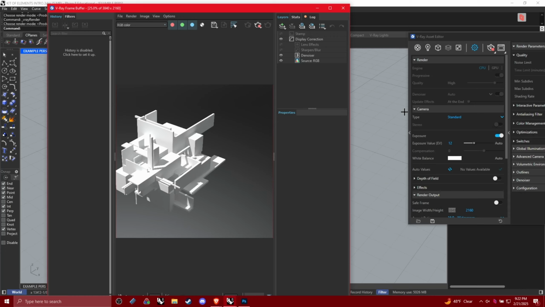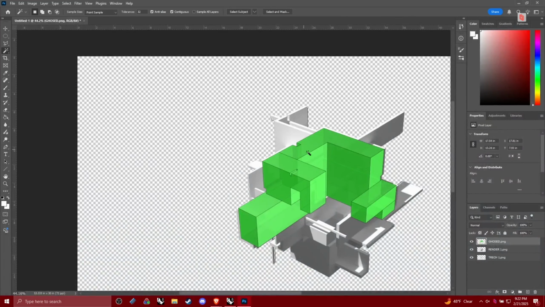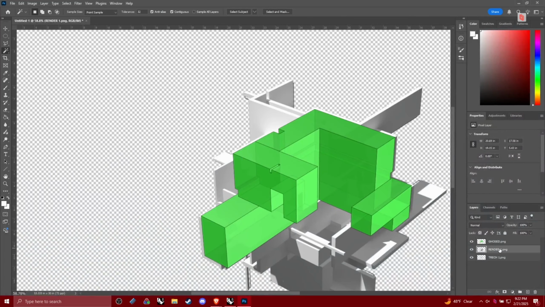I'm just going to have to transform it now. It's just extra work, but since I zoomed in and out, it doesn't match up perfectly anymore because it shifted. So because of that, I'm going to have to go in Photoshop, click on the layer itself, so Render 1, and